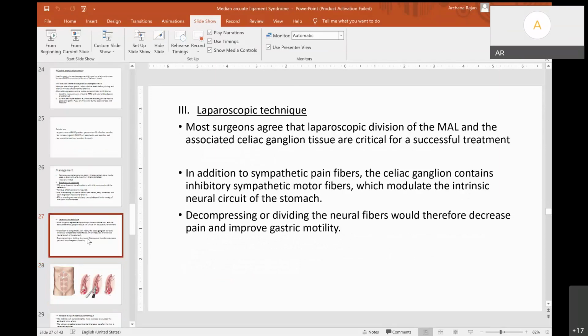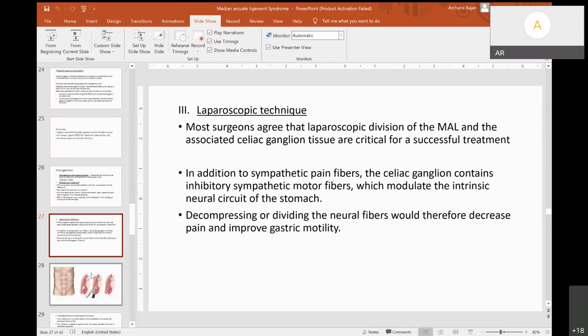So the next one, and the most widely used one, is the laparoscopic technique, and most surgeons agree that laparoscopic division of the median arcuate ligament and the associated celiac ganglion tissue along with the median arcuate ligament are critical for a successful treatment. So in addition to sympathetic pain fibers, the ganglion, as I have already explained, contains inhibitory sympathetic motor fibers, and it modulates the intrinsic neural circuit of the stomach. So decompressing or dividing the neural fibers would therefore decrease pain and improve gastric motility